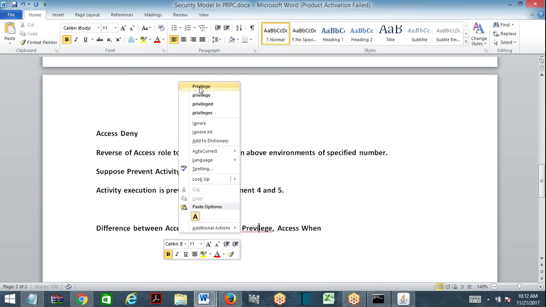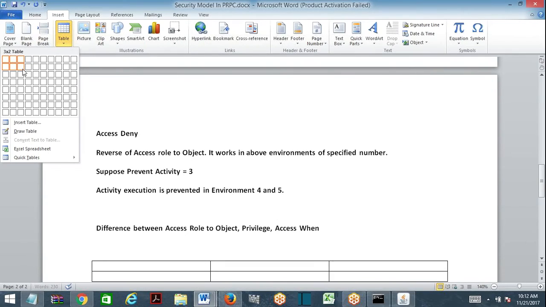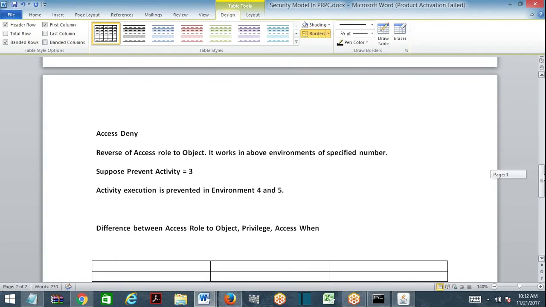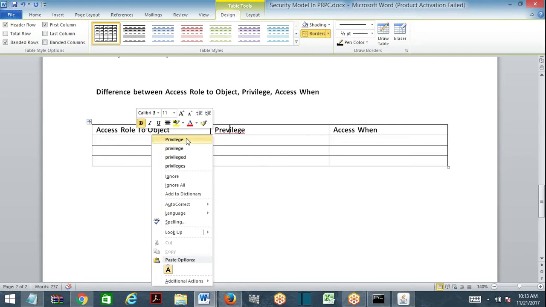What are the differences? Now tell me one after the other. So this one is access role to object, this is privilege, and this is access when. So role to object, what is it going to do?